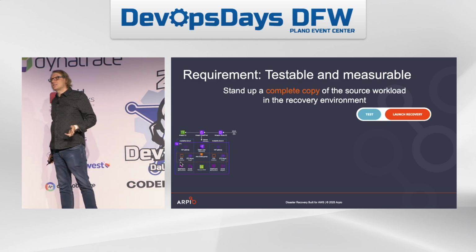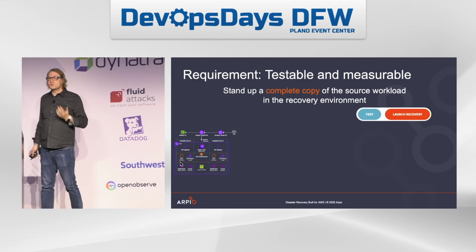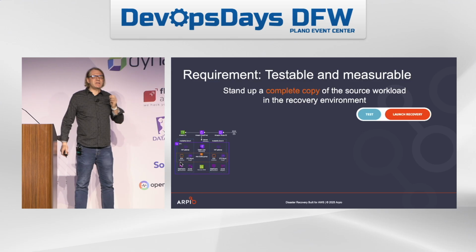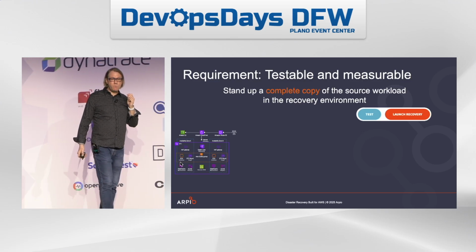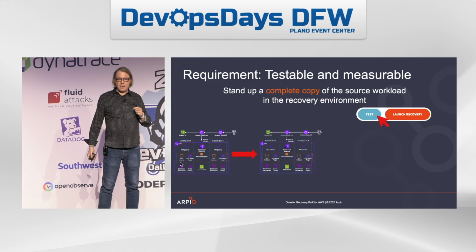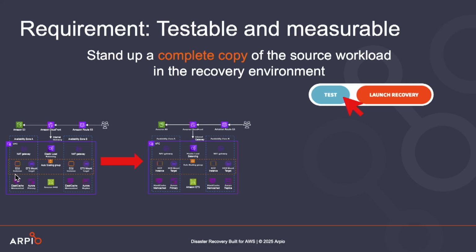And we need it to be testable, right? So a big thing in DevOps is measurability. How do we measure that we actually have disaster recovery, right? So we're going to measure it by testing it. And when we do a test, we need it to be a test of a complete functional workload. A test can't be part way. Test means we bring up a full copy of the workload in our recovery site.